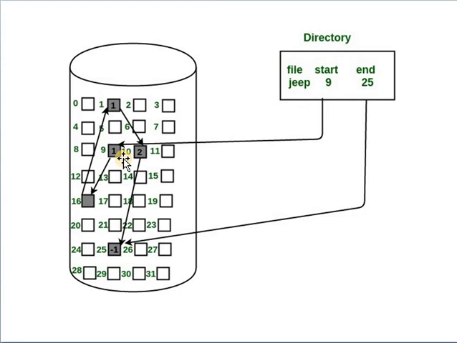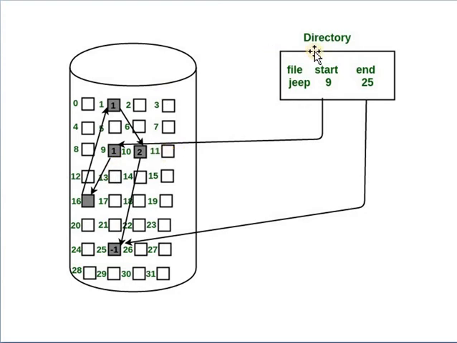The first block of the file is block number 9. First 9, second 16, next 1, next 2, and the last block is 25. Up to 25, in these blocks, the zip file contents are stored, and the last block contains -1. -1 indicates the null pointer, which means the file is completed. In short, in linked list allocation, no continuous file allocation occurs. The scattered blocks are linked together using a linked list.